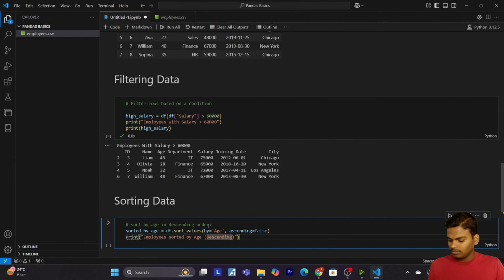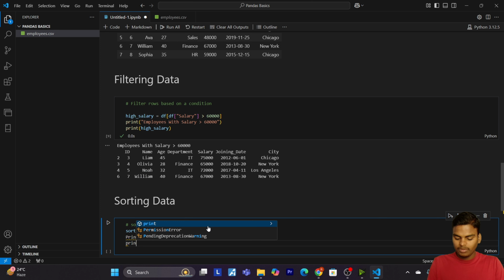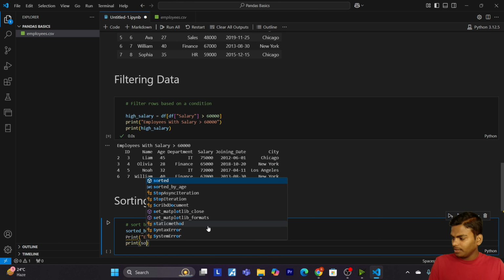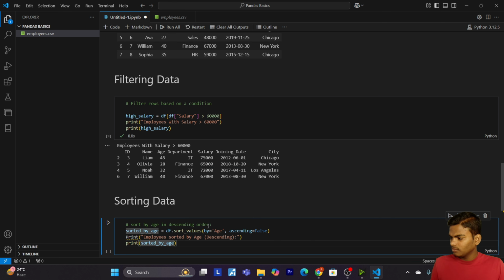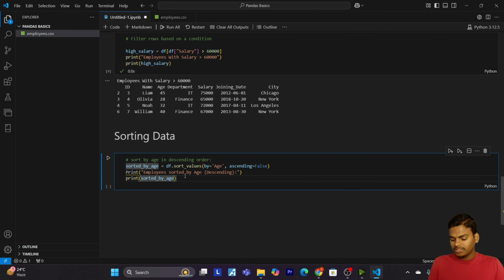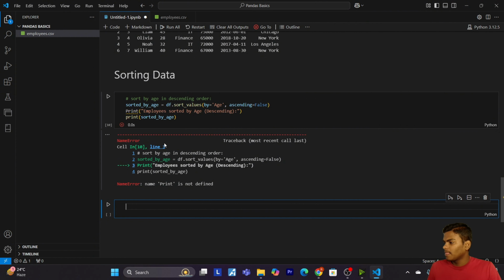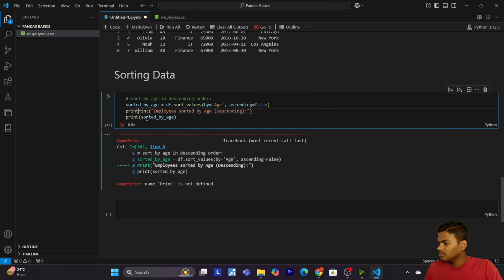So this time let's see what we will get. Now I will print sorted by age. Now let's run this cell. Okay, let's correct this one. Print. Okay, so now let's run this cell.